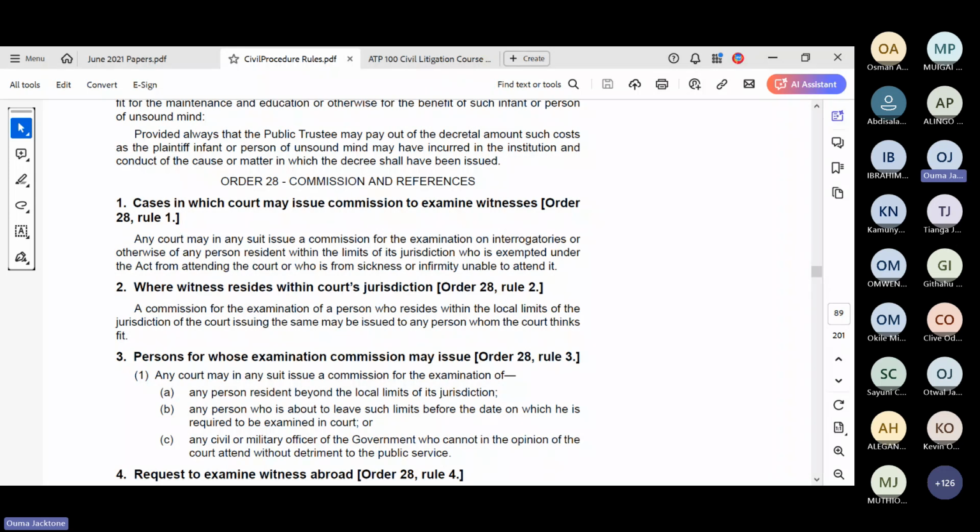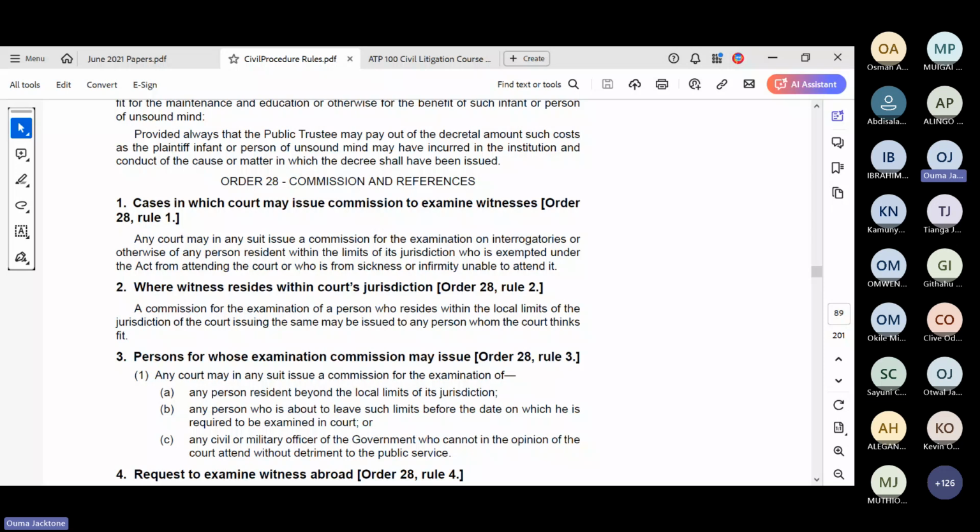Number 2 is examination of accounts. Okay? If there's a problem with the company's account, for instance, or a bank account, or some institution's account, or a personal account, the court can send someone to go and inspect those accounts. That you go to the bank, inspect those accounts, go to the company, the same way we have auditors.